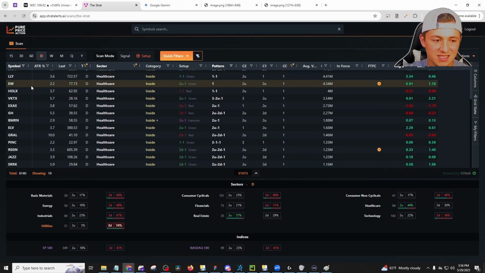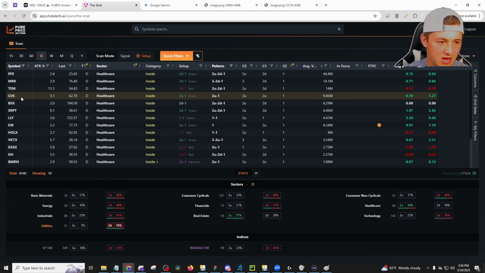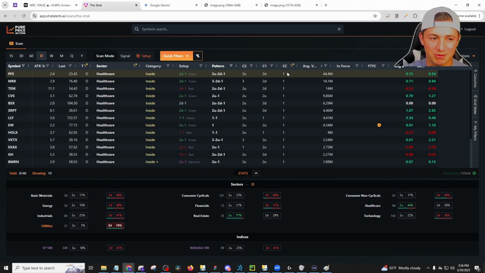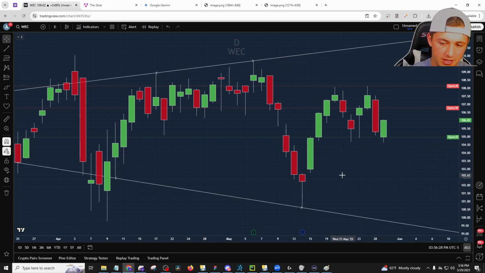You'll see 19 names, and you got Pfizer, you got MRK, CVS in there, LLY. So some of the big healthcare names. This is a potential simultaneous break. And then we go through all the charts and look, where are they at in their broadening formations? What are they trying to create, negate, or do? So if we go to Pfizer,